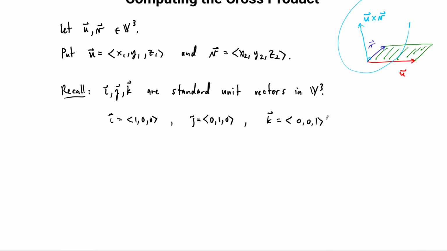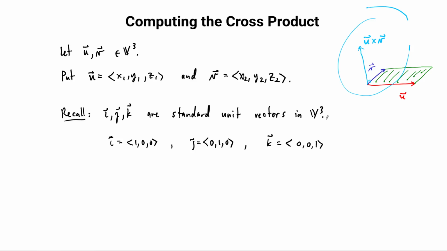The way that we're going to do it is we are going to take something called a formal determinant. I'm going to write this as a definition, even though we already know what the cross product is. This is going to be like a second definition, a computational definition. So here's what it says. The cross product, we can give this thing a name if you want. Let's just write it in symbols, u cross v, so we don't get confused. So the cross product u cross v of u with v is given by